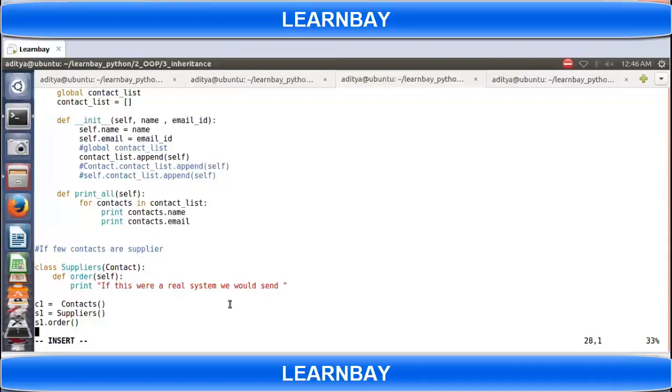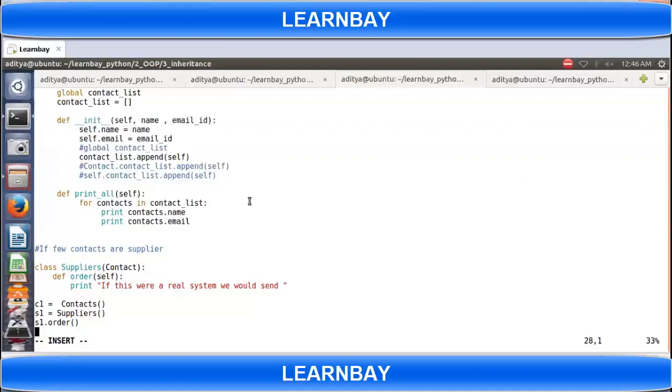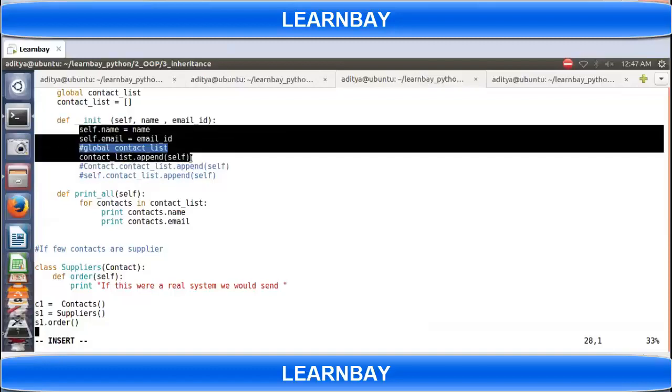So this init function is a sort of default one. It should always be there. If you don't implement it, no problem, the constructor will still get called. We have seen that you can add this in some other function also, but then you have to call that function. For example, if I comment this init function and copy paste this into print all, then to get this field I have to call print all. Unless I call print all, this field will not come in the object. So c1.printall I have to do first.